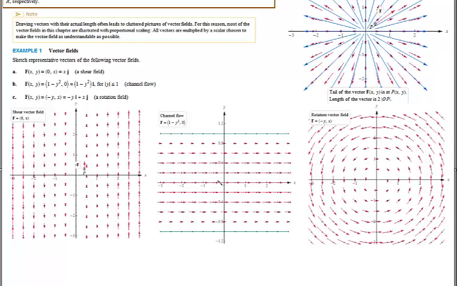So my larger magnitude vectors will be that along this x-axis, and they will get smaller and smaller as I move outward, always in the positive direction. Rotation field wise, notice that for this one here,